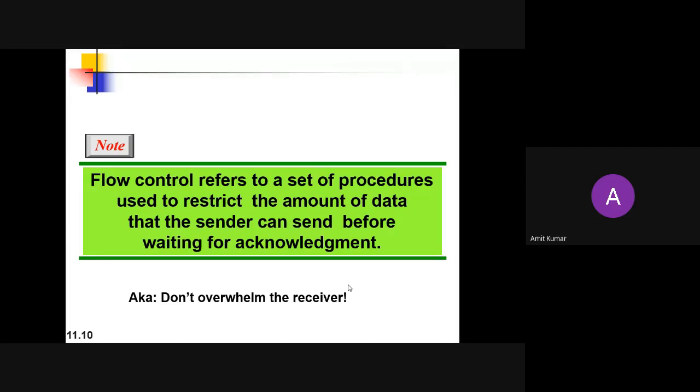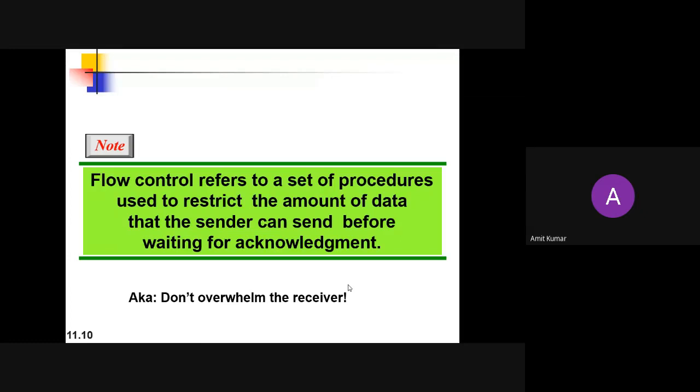So in the example I have taken, if your node B can store 100 bits, then you can send 100 bits. If it has the capability of storing only 80 bits, then although you can send 100 bits, you need to send only 80 bits, because if you send 100 bits, the next 20 bits will be lost, or they will be overwritten, and that should not happen. So every bit should be there if you are sending those things. So before the acknowledgement you can't send another 80 bits.